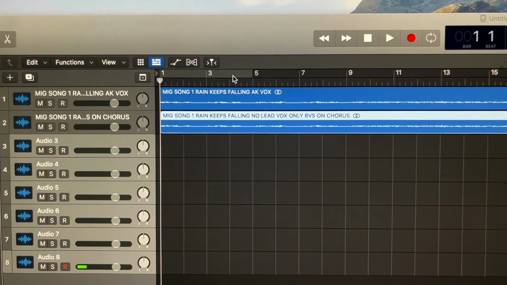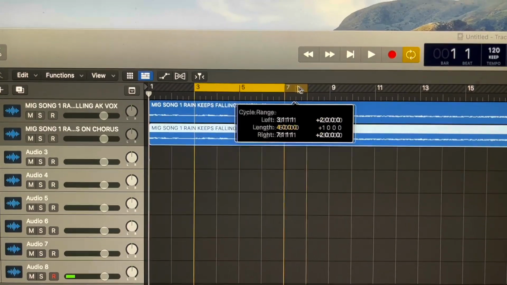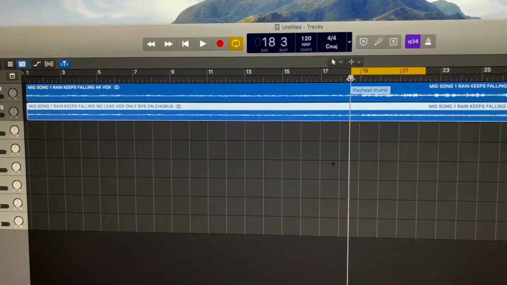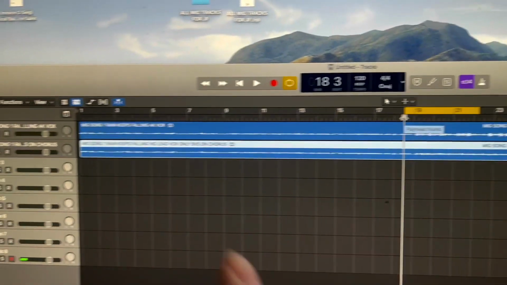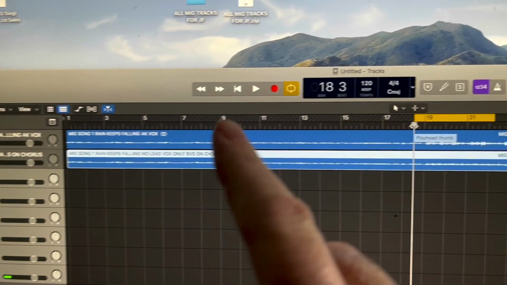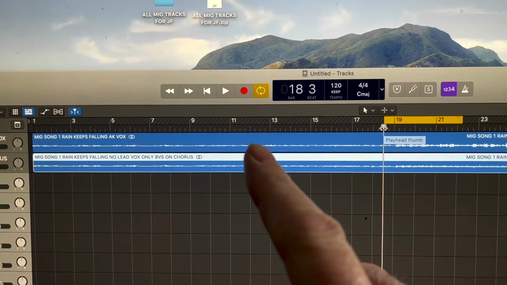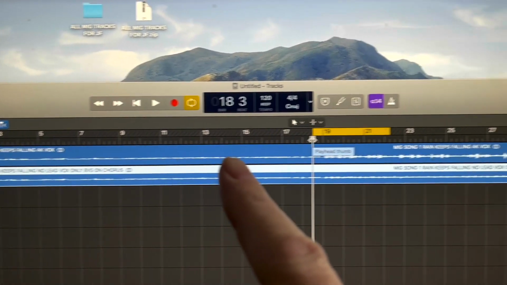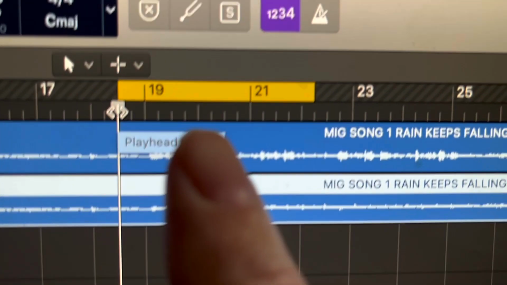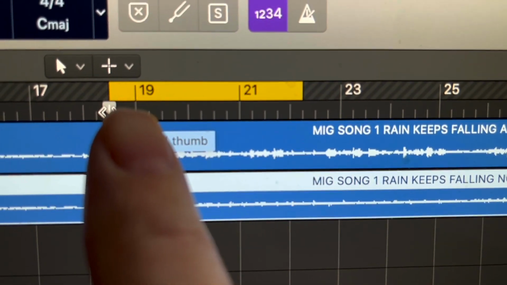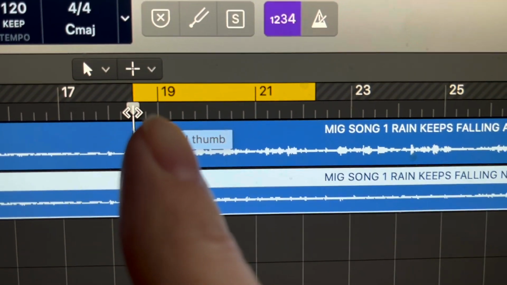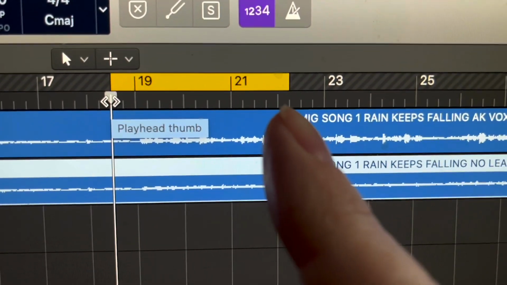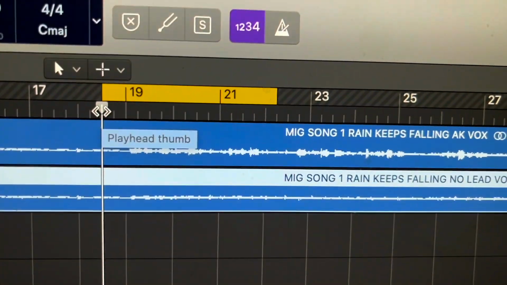So what I would do then is get to the part where there's some vocals. With the two tracks brought in, they both start at the same point. The top one's with vocals, and the bottom one is without vocals. So I'll scan along the track to the part where there is some vocals that I want to learn, and this is my bit. I don't know how yours works, but that yellow line is where I want to loop it round. So if I press play,